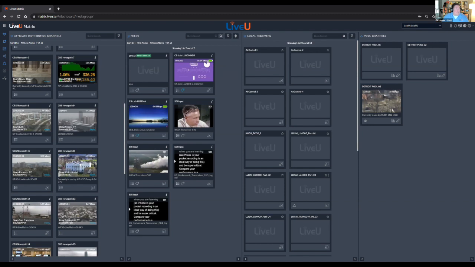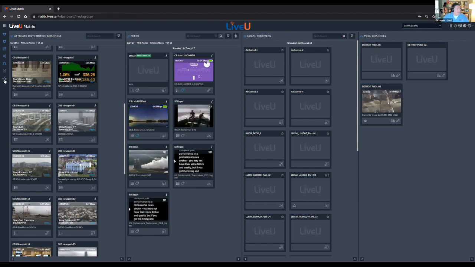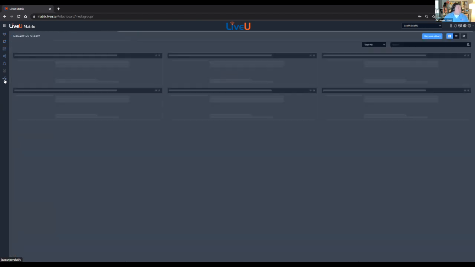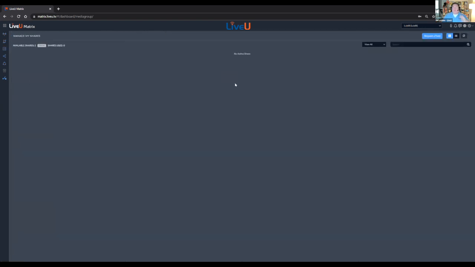And what we have here is, I'll come over here. We'll come to the icon on the far left. This is the dynamic share icon. And basically what I'll do here is click on this. So I'm logged in as my colleague, Luis, right now. And think of dynamic share as a push-pull type way of moving content, or a request or send type thing. So I can go and request a feed from an individual or an affiliate, or I can push a feed